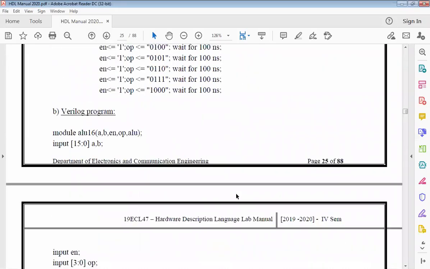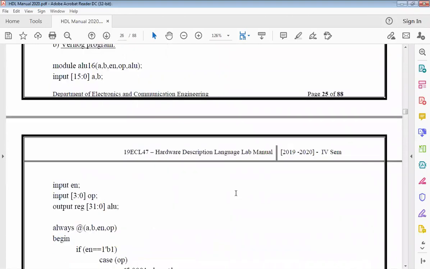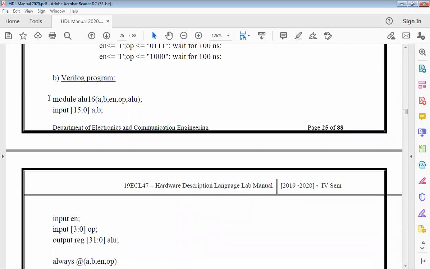Now since you have understood the VHDL type of coding, Verilog is going to be still simpler. So this is your template as to how you start: module name. We are going to use the same module name, and unlike VHDL, here we are going to put all those inputs and outputs together. In VHDL, I separately say which are my inputs and which are my outputs, and here separately I will specify which is my input. So input is A, B, and this is 15 down to 0 in the language of VHDL, so here it is 15:0. The same, nothing different happens here.